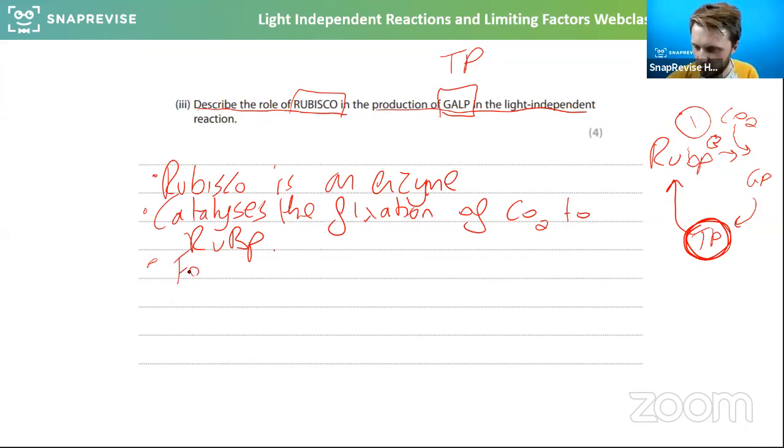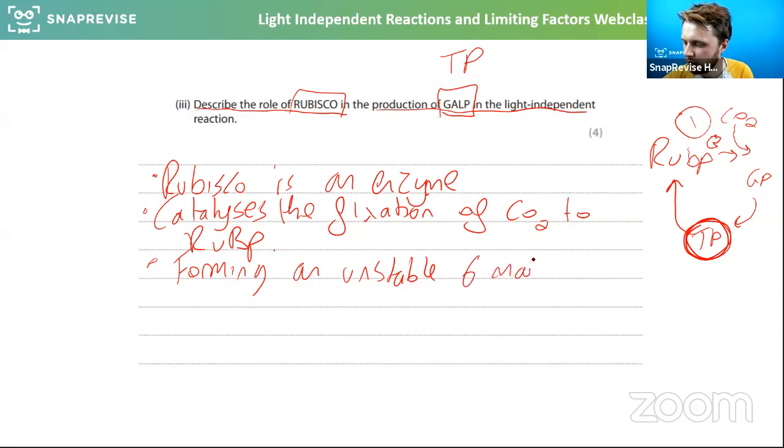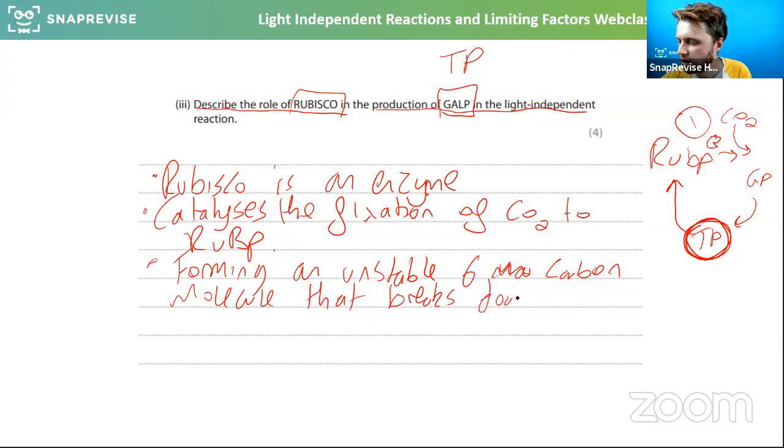Yes, lovely, Ewan. Forming an unstable 6-carbon molecule. Probably should say molecule. 6-carbon molecule that breaks down, or is hydrolyzed, to form